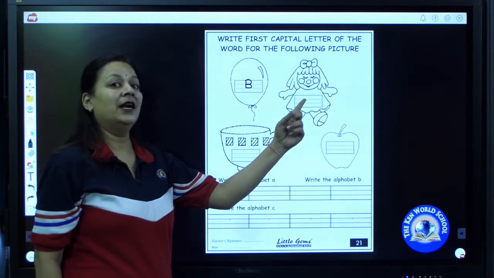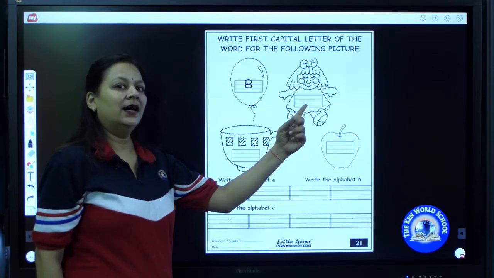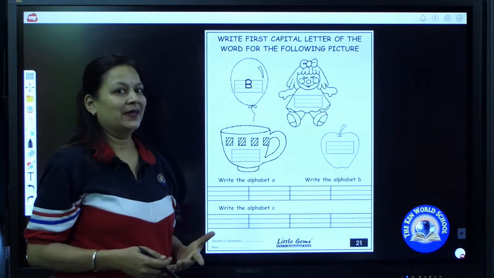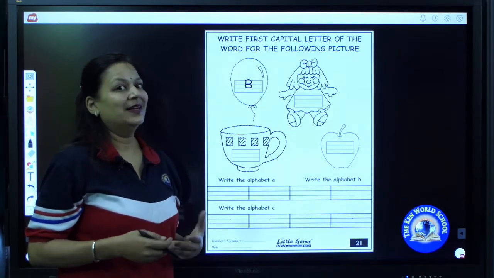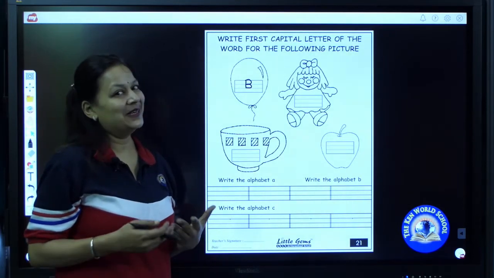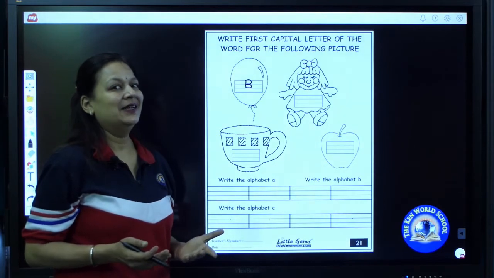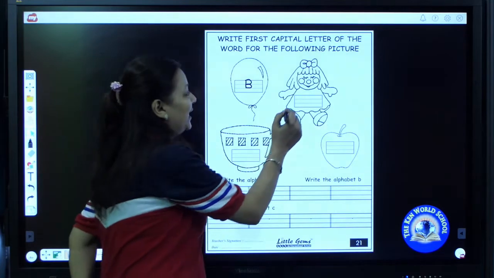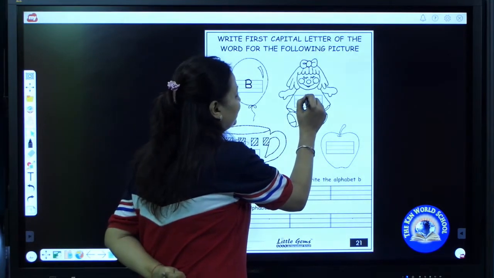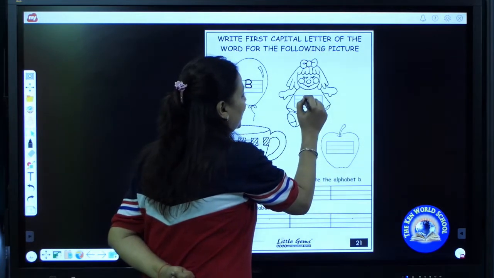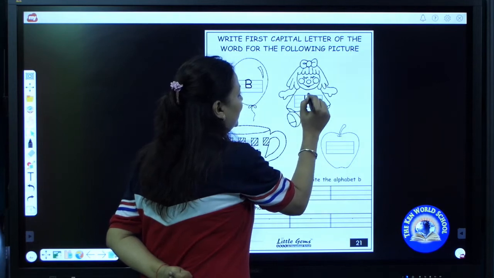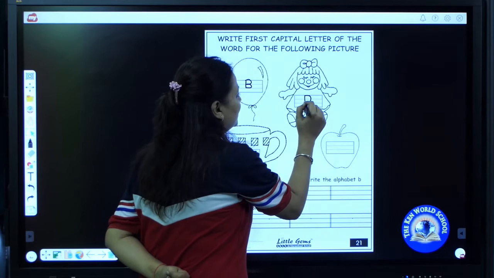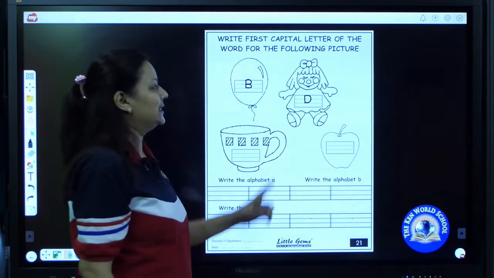Now which picture is this? Yes, this is a doll. So what sound are we getting? D. D is for doll. So what will I write? D. I am going to write capital D. Up to down, standing line, and one big curve from top till base.